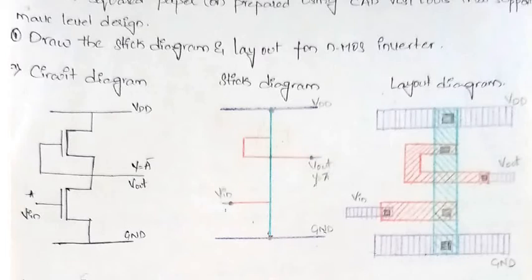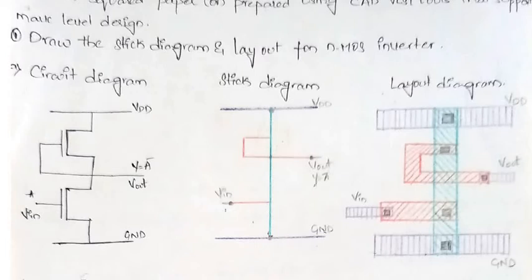So this is your layout. What is the NMOS inverter? You will have N transistors, one in depletion mode and one in enhancement mode. What is the operation of the NMOS inverter? It should give the output opposite of your input. Means as I give 1 as the input, you will get 0 as the output. If Vin is equal to A, output Y is equal to A bar. So this is the enhancement transistor and this is the depletion mode transistor, with only one input and one output. Both are NMOS transistors.